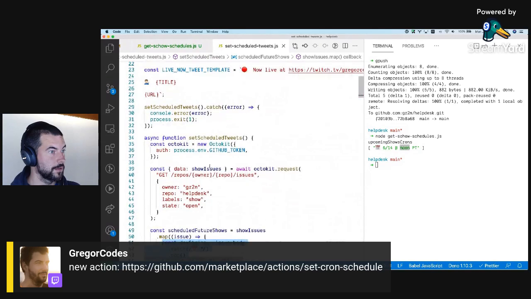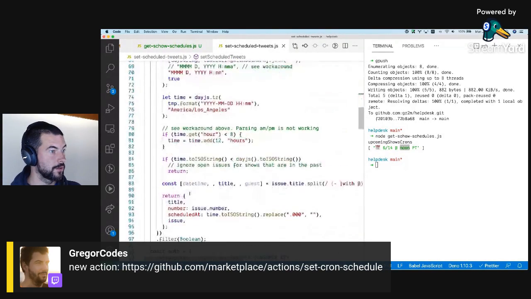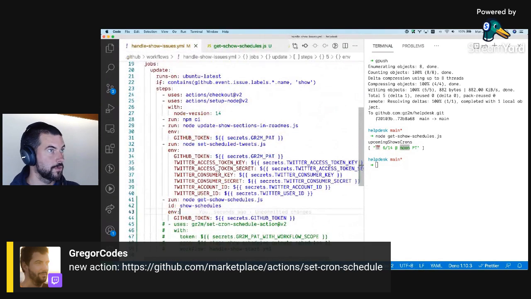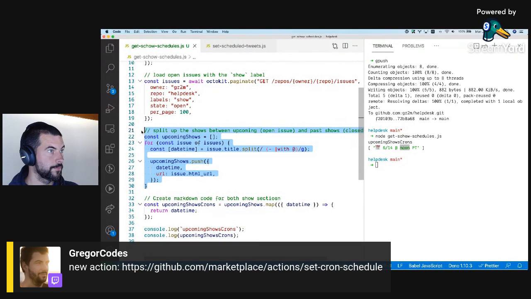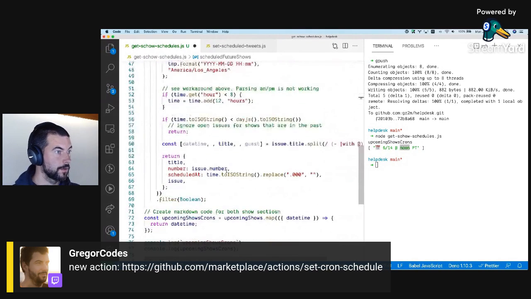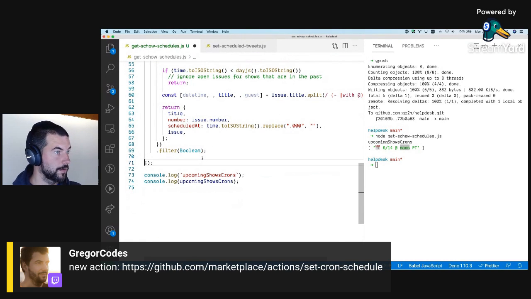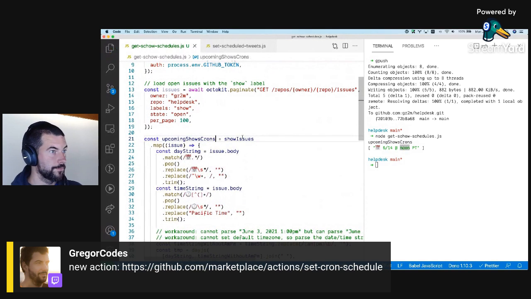Okay. So we are loading all the issues and then, okay. So we have the full issue object, and then we get the issue body.